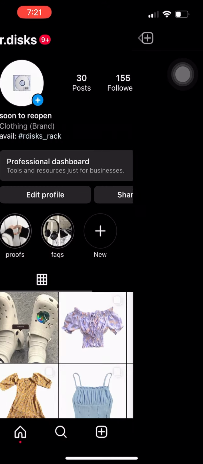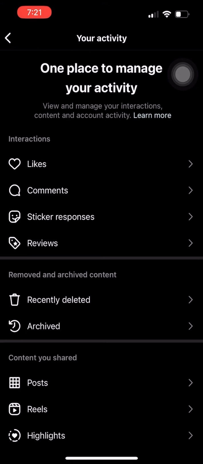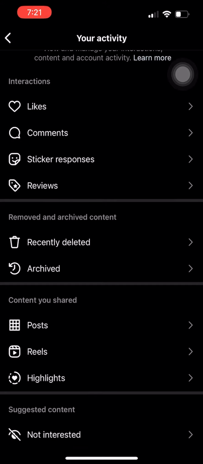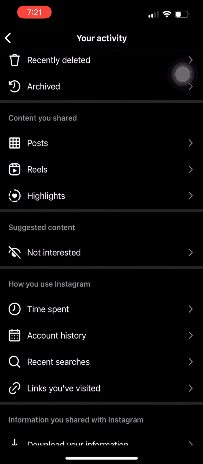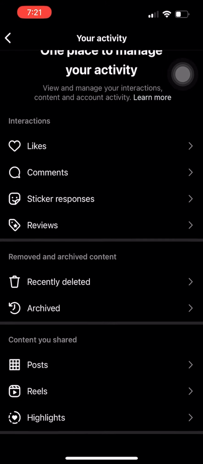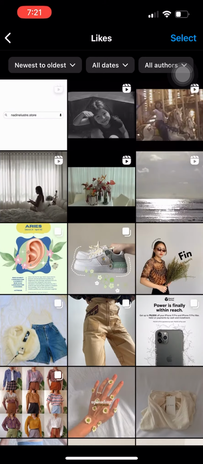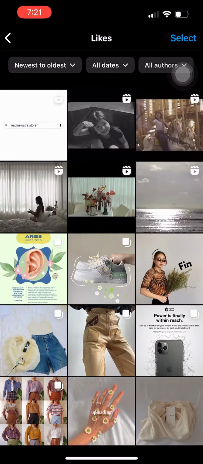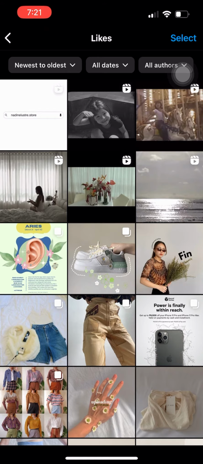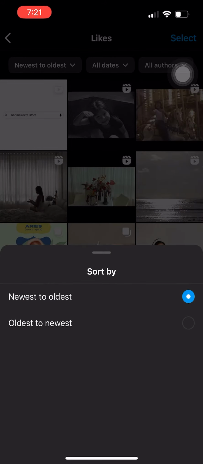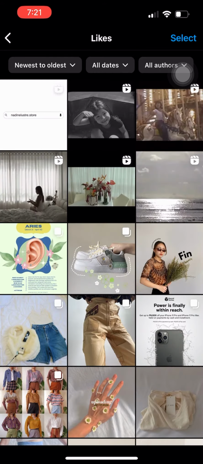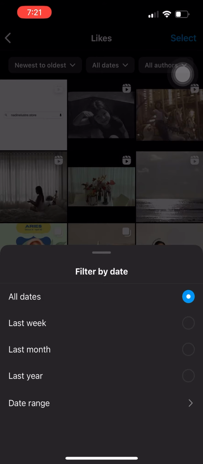Here, just go to your activity and under interactions, you'll see likes. You'll also see here different options such as content you shared, removed and archived content, and many more. For now, press likes and here you'll see all the reels that you've liked and even the photos or videos that you've also liked. You can sort them by newest to oldest or oldest to newest and even filter by